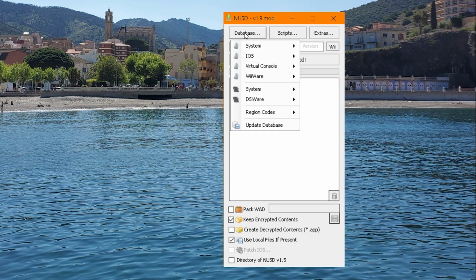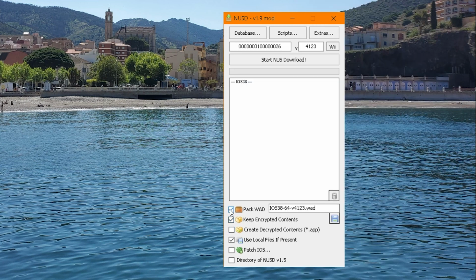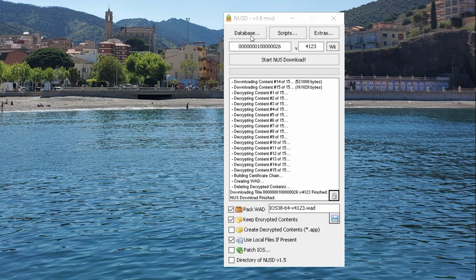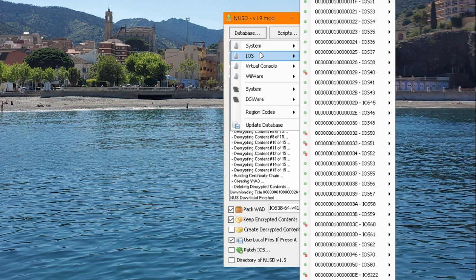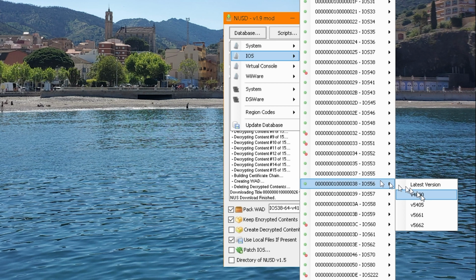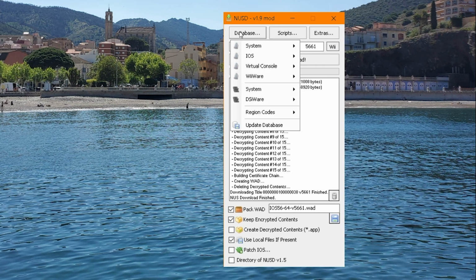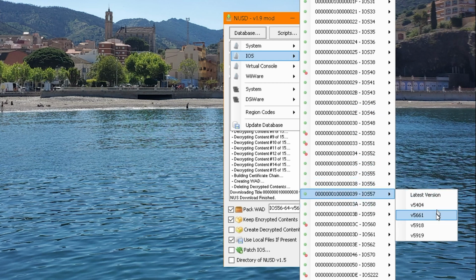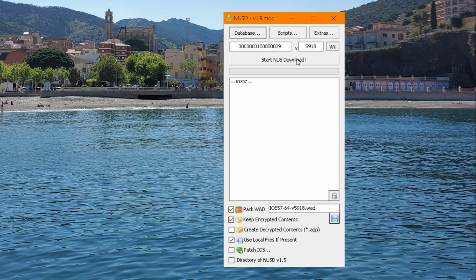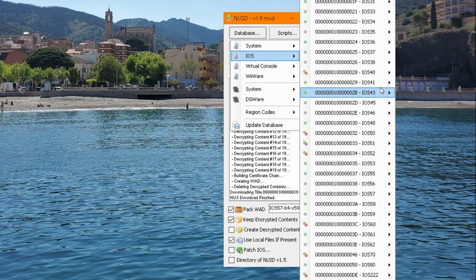Navigate to the database and select IOS 38, then select v4123. Make sure the pack WAD is checked. Click start the NUS download. Now we do the same thing again. Open the database, and this time we're going to select our IOS 56 version 5661. Then we will start the NUS download again. And next we do database IOS 57 version 5918. Download that. And lastly we're going to do our database IOS 58